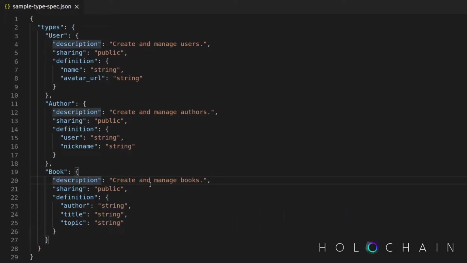Put something in here that makes sense such that other people can understand what that entry is about when they read your code. The sharing information details is about the accessibility of your data within Holochain. So you can choose whether this entry is public, private, or encrypted. Public entries will be stored in the DHT, private entries will be stored in your local chain only, and encrypted